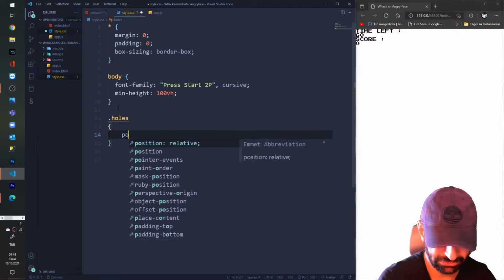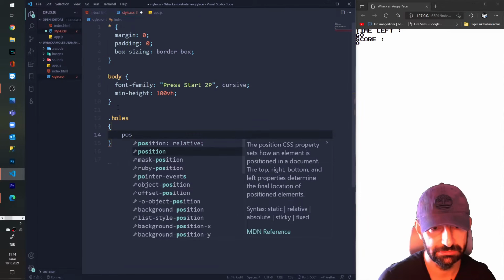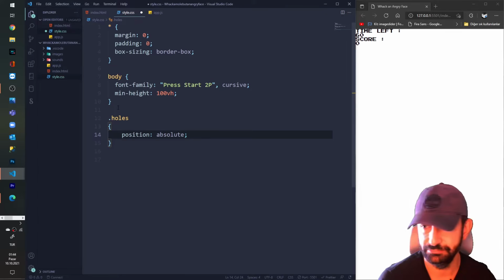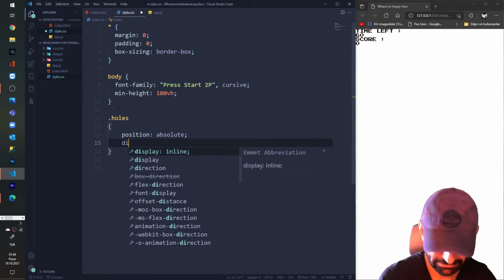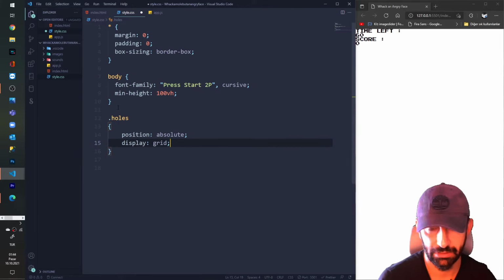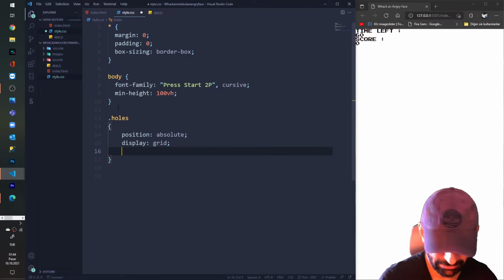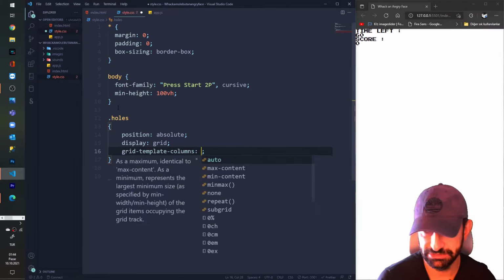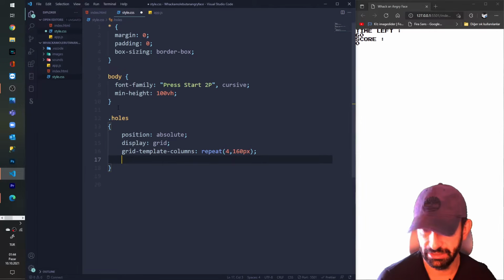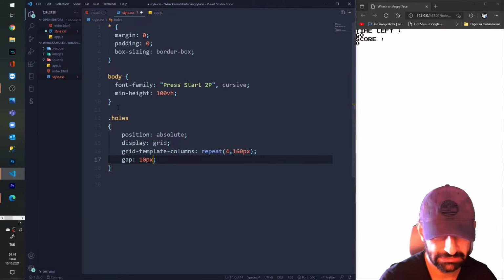I say position absolute. I say display grid. And I say grid template columns, repeat 4 times, 160 pixels for each hole. And I give a gap between them of 10 pixels.